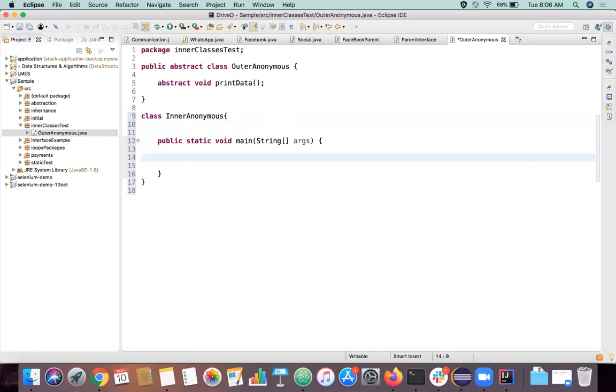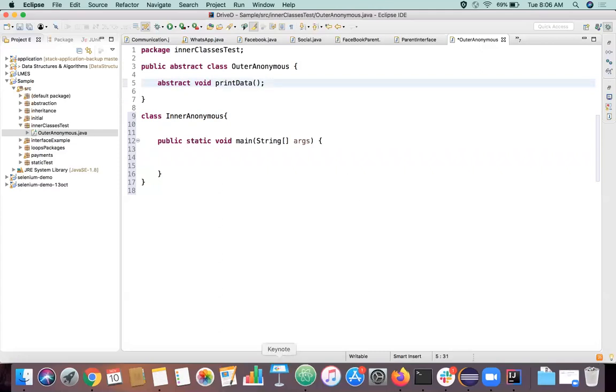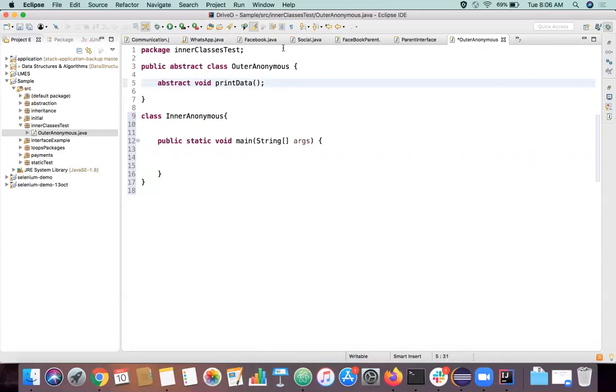So we saw some way of doing that. How to create an abstract class object? We have an abstract class, but generally, how will we create an object for an abstract class?